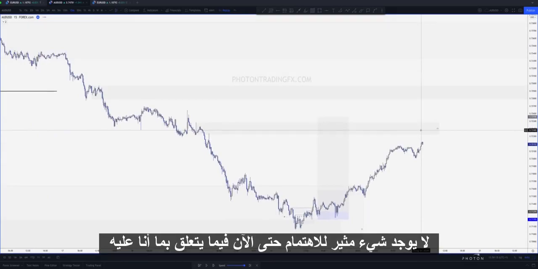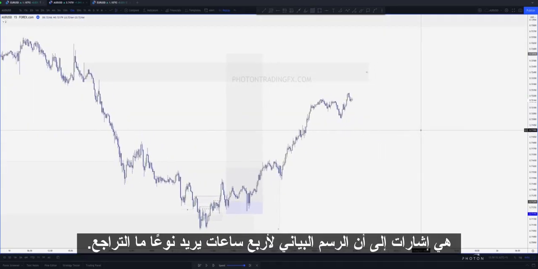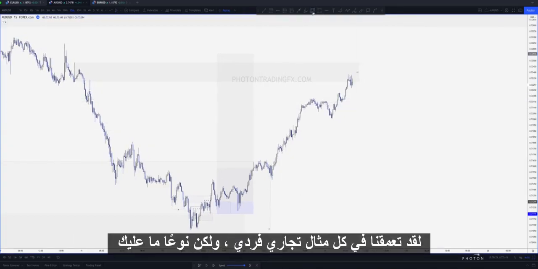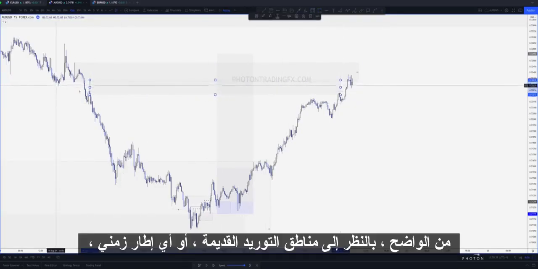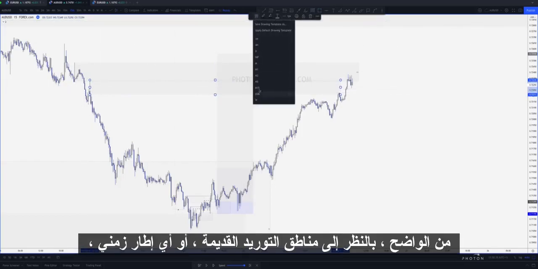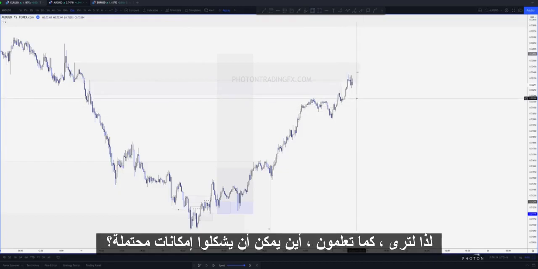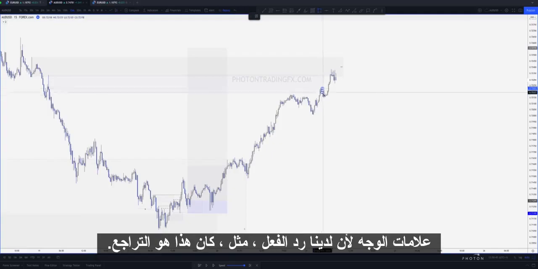Nothing too interesting as of yet in terms of what essentially I'm looking for here, right, is signals that the 4-hour chart kind of wants to pull back. So kind of seeing this along the way, we won't dive into every single trade example, but kind of how you want to be thinking as price would be moving in the live market is obviously looking at old areas of supply on whatever time frame you're looking at to see how they initiate pullbacks, but more so to see where are they potentially forming potential flip zones,